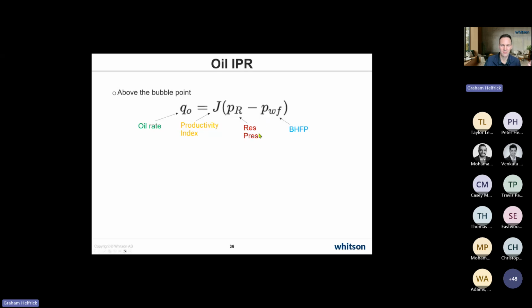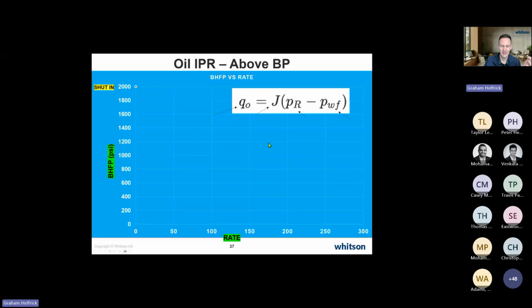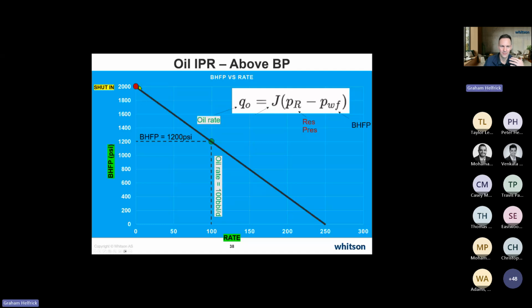So how do you use a well that's currently producing to get the oil IPR? Just like we did with the gas rate. So we need to say, what is the current average reservoir pressure? 2,000 pounds. What is the well's current rate? 100 barrels a day at a bottomhole flowing pressure of 1,200 pounds. Right? We plug in the oil rate, we plug in the bottomhole flowing pressure, and that means we can solve for J. Effectively, we get a line through the reservoir pressure, the current operating point, and we get this IPR